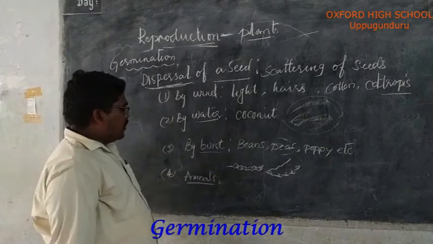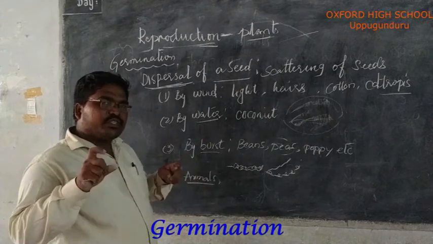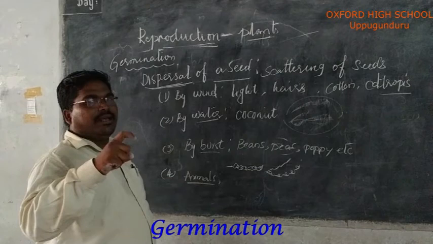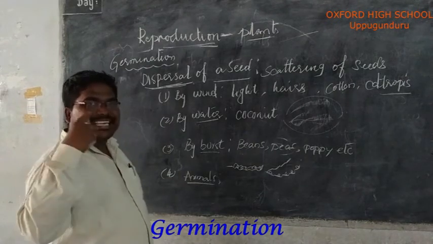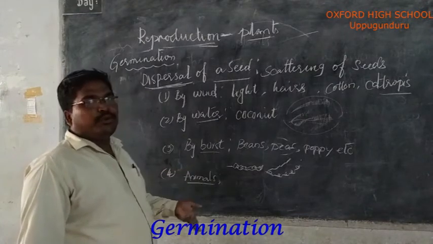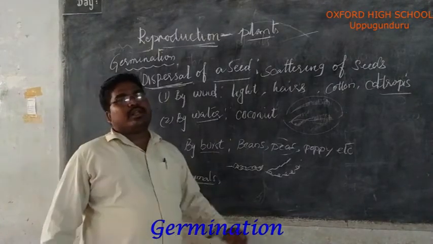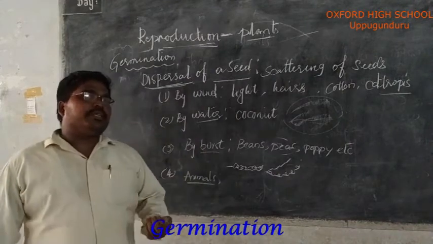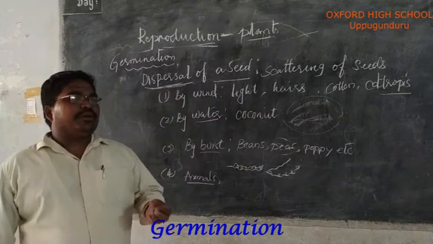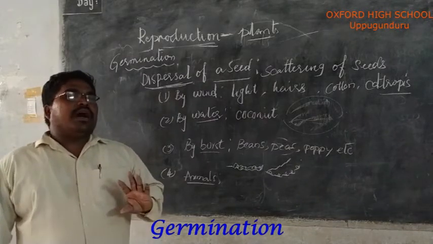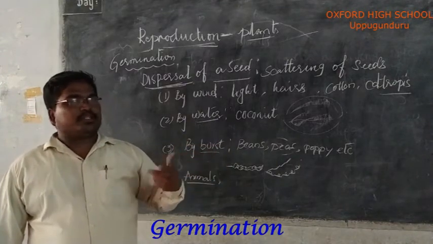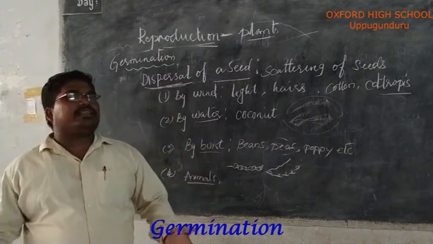Okay, so the animals. The seeds which have hooks or spikes can stick to the body of the animal or to humans, and they disperse from one place to another. As human beings, we also act as dispersers. Humans also eat different types of fruits, and they also disperse the seeds from one place to another. Because of that, we are also involved in the